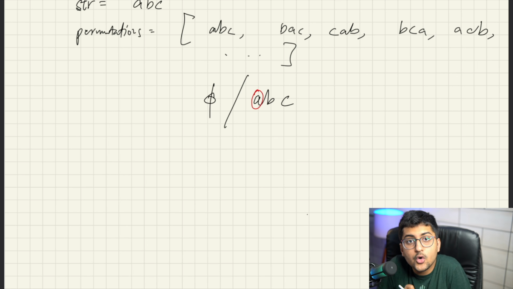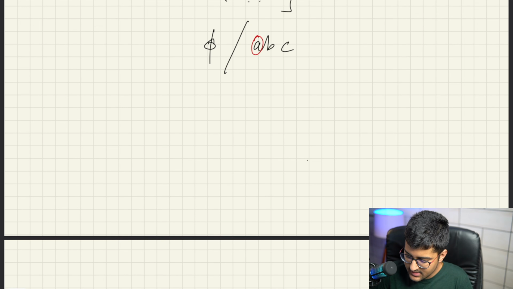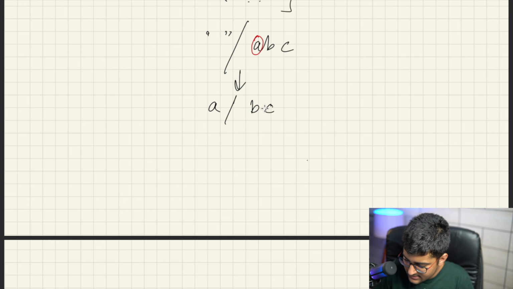Now, what do we need to do with this first character is the main problem. This is what you need to think about. What do we do with the first character? My answer is obviously going to lie in processed. Currently processed is empty. So in how many places can we add A? If this is an empty string, in how many places can I add A? Just one place. Can you do anything else? No.